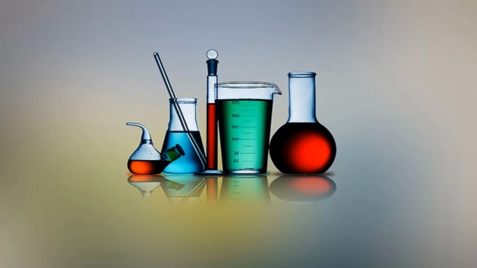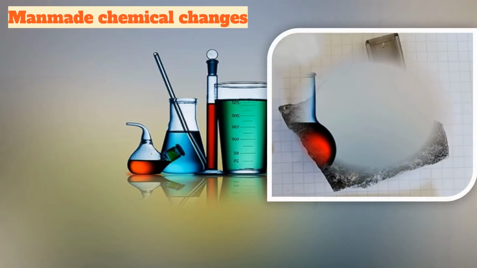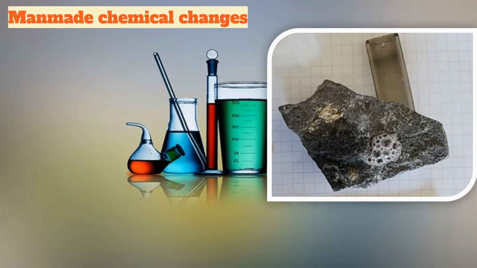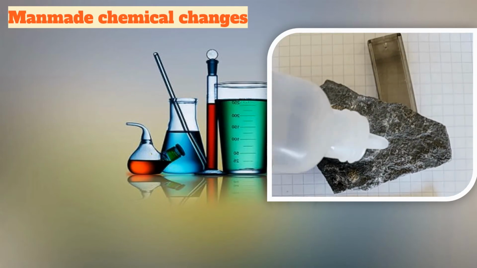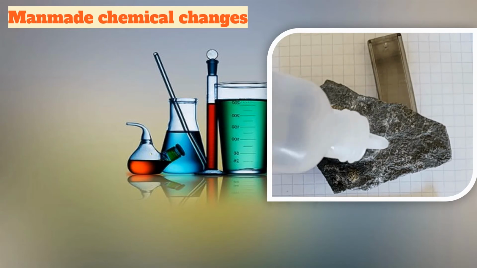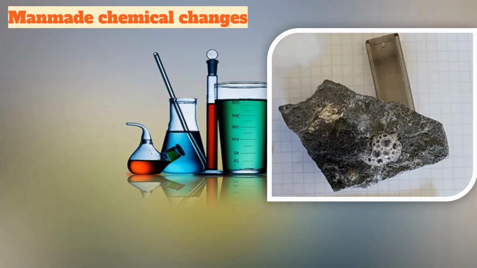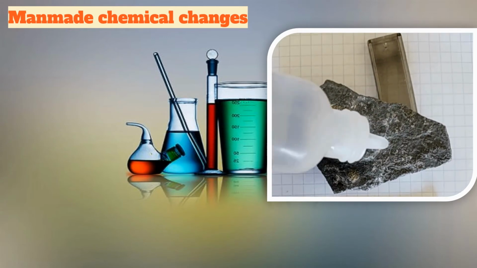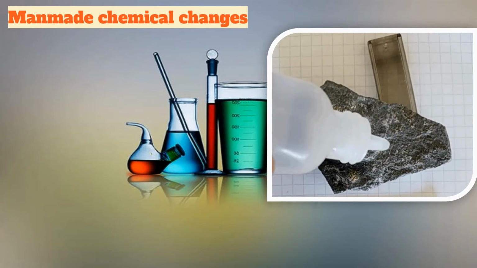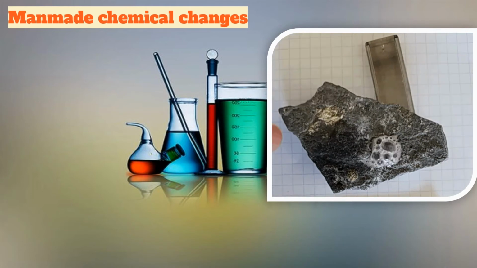Let us have a look at another man-made chemical change, which is cleaning of Shahabad tile with dilute hydrochloric acid. Now, in our homes, we usually use acids to clean the tiles and floorings, but that is not the safest way. It has been replaced by another chemical. Acid is very harmful to use at home.